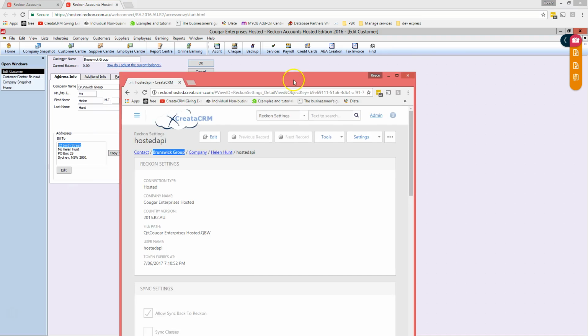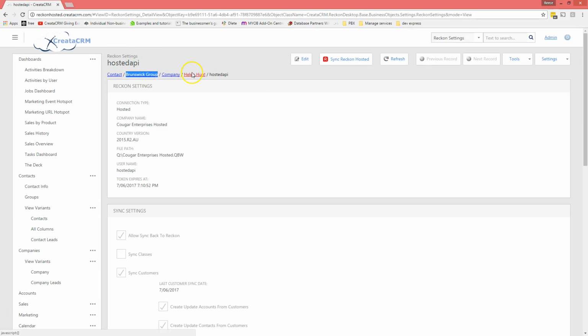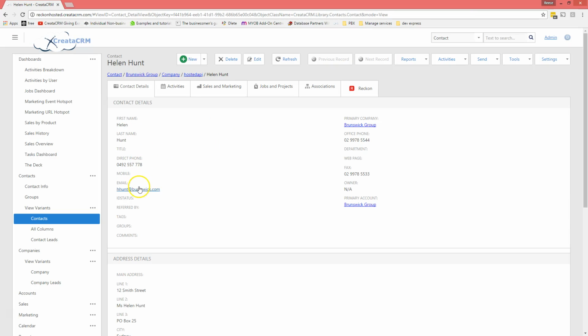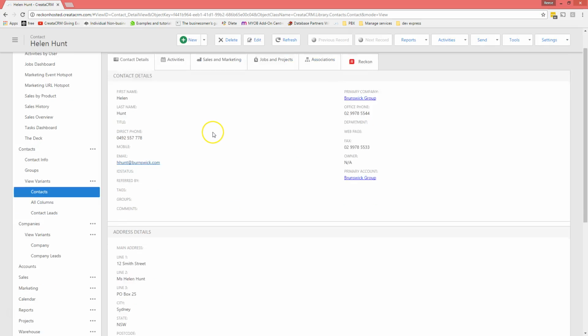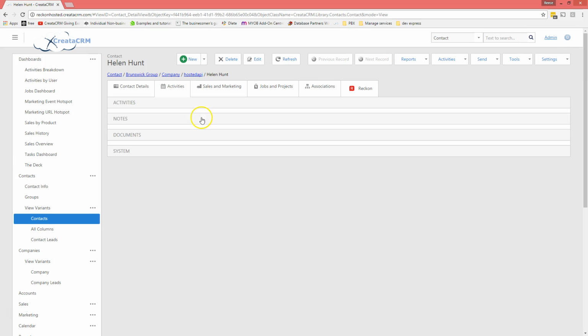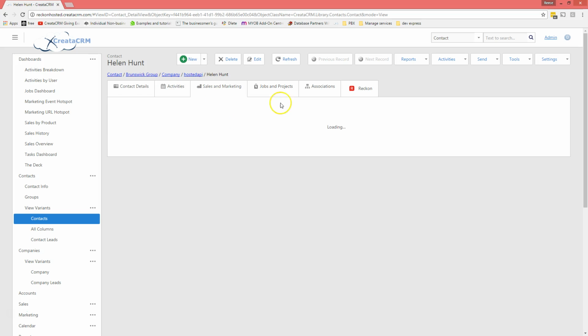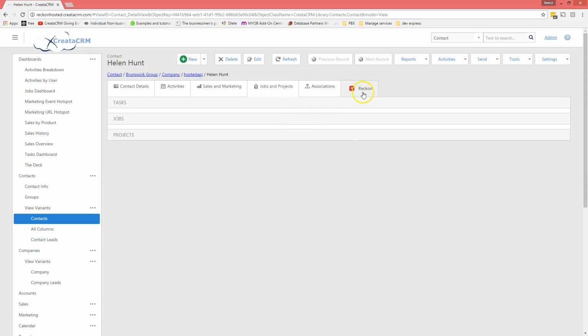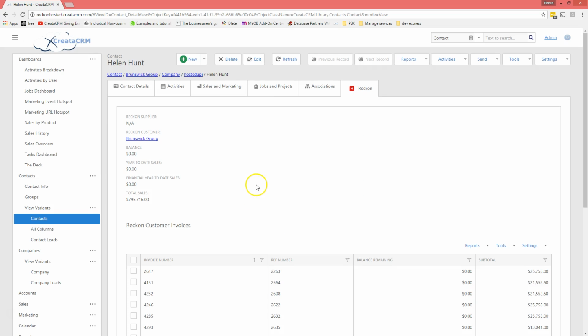So if we go back into CreataCRM, we've actually changed Helen Hunt's details across and changed it to 12 Smith Street. Now the great thing with this is that you have the ability to attach all your history, all your sales opportunities, all your jobs, and we've got a more powerful job management system in here, and Reckon, all moved into one single place. So you'll be able to make phone calls, log calls, and better manage your customer relationships with a CRM,